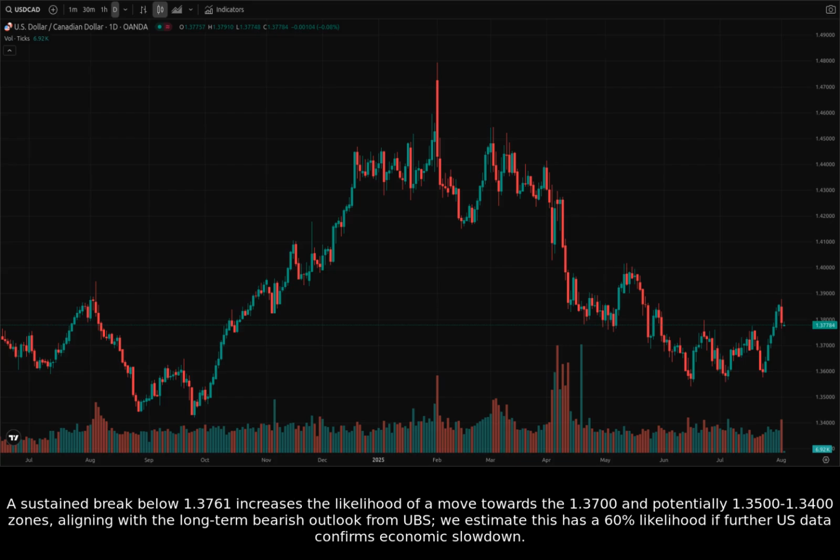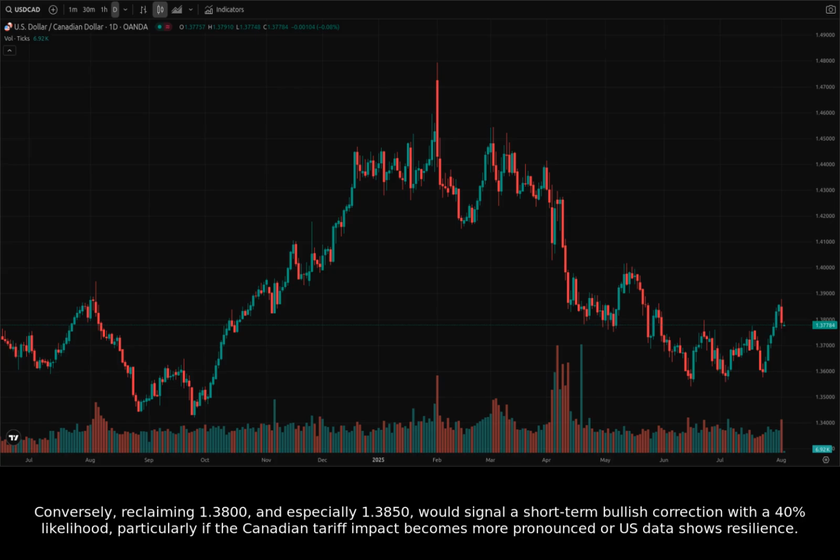To recap, the immediate price levels to watch are the 1.3761 support and the 1.3800 resistance. A sustained break below 1.3761 increases the likelihood of a move towards the 1.3700 and potentially 1.3500 to 1.3400 zones. Aligning with the long-term bearish outlook from UBS, we estimate this has a 60% likelihood if further U.S. data confirms economic slowdown. Conversely, reclaiming 1.3800 and especially 1.3850 would signal a short-term bullish correction with a 40% likelihood,